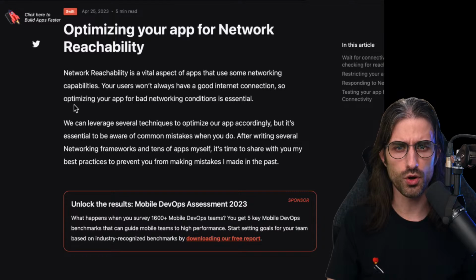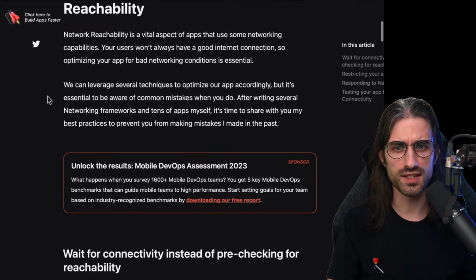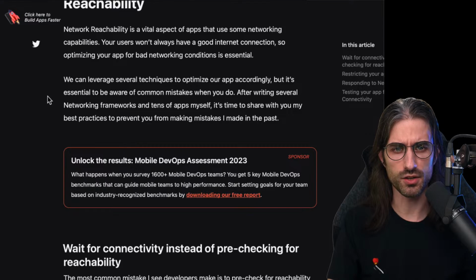Your users won't always have a good internet connection, so optimizing your app for bad networking conditions is essential. We can leverage several techniques to optimize our app accordingly, but it's essential to be aware of common mistakes when you do. After writing several networking frameworks and tens of apps myself, it's time to share with you my best practices to prevent you from making mistakes I made in the past.